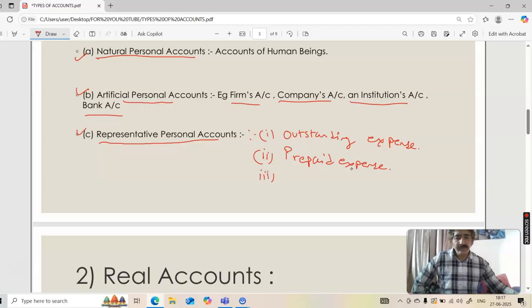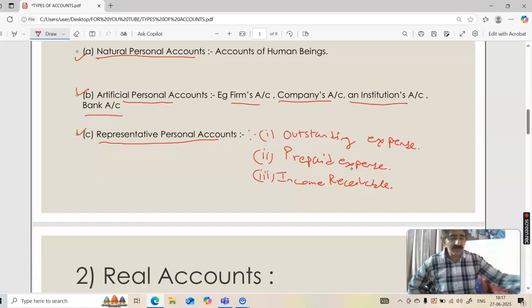Right now, just have a basic idea because we are starting with this. So you should just be aware of what representative personal accounts are. Third one is, let's say, income receivable. So income receivable is basically that suppose I have provided services to a customer or